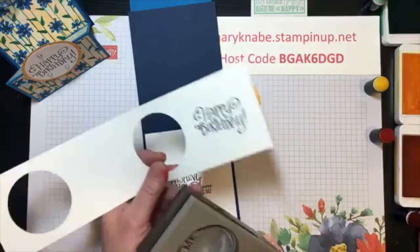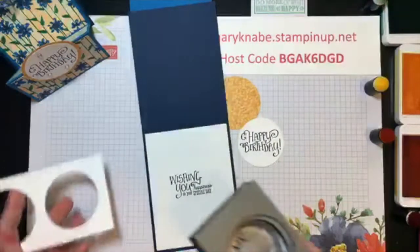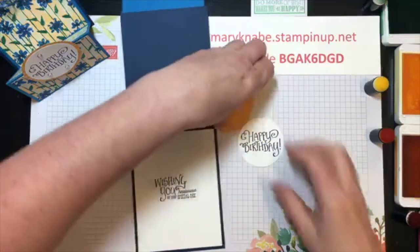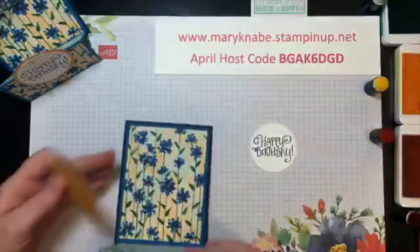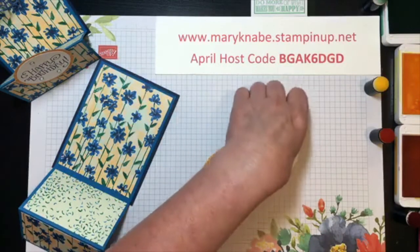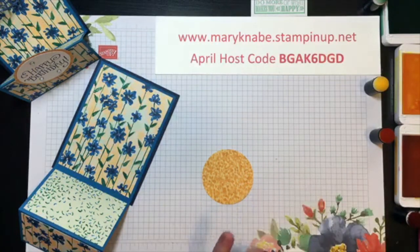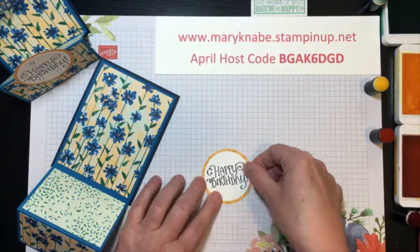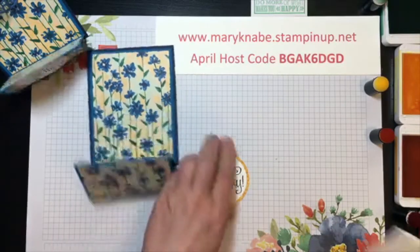Now I'm going to cut out my happy birthday sentiment with a 2¼ inch circle punch. Before we started, I punched a piece of designer series paper with the 2½ inch punch. That one is retired already, but you can also find that size in the layering circle framelits. That would be a good one to use too, because you can do plain circles as well as scallop circles. Now I'm going to add this to the front of my easel with, you guessed it,